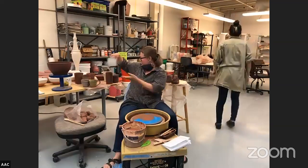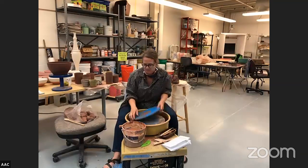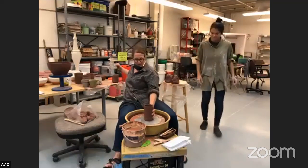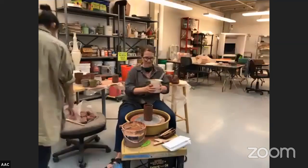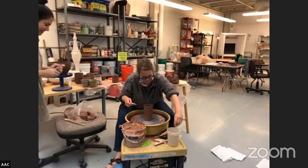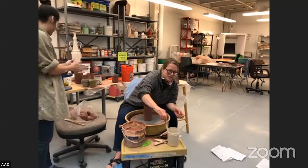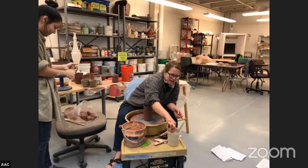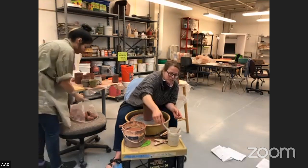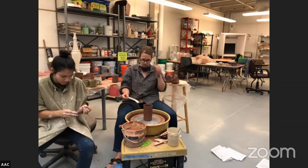Okay, so I'm gonna show real fast just how to apply this slip. Should I pull a handle for the mug? Yeah, pull a handle. Erin's gonna pull a handle wherever you want. We have 5 minutes. Why is it called slip? Is it slippery? Yeah. So this is actually an underglaze, which is very similar to a slip, but it's just a little bit more complicated of a recipe. So this is just a white slip, and I'm gonna add it with our favorite brushes here at the studio